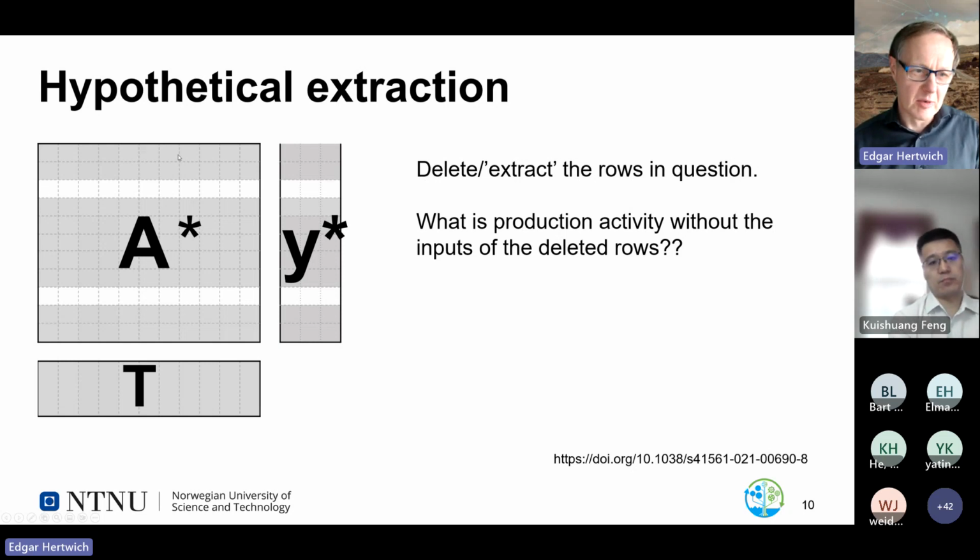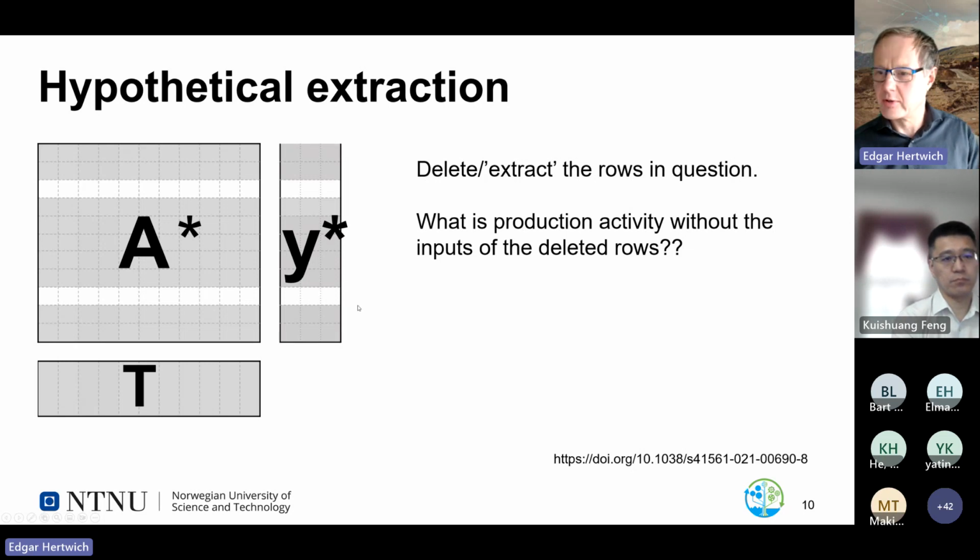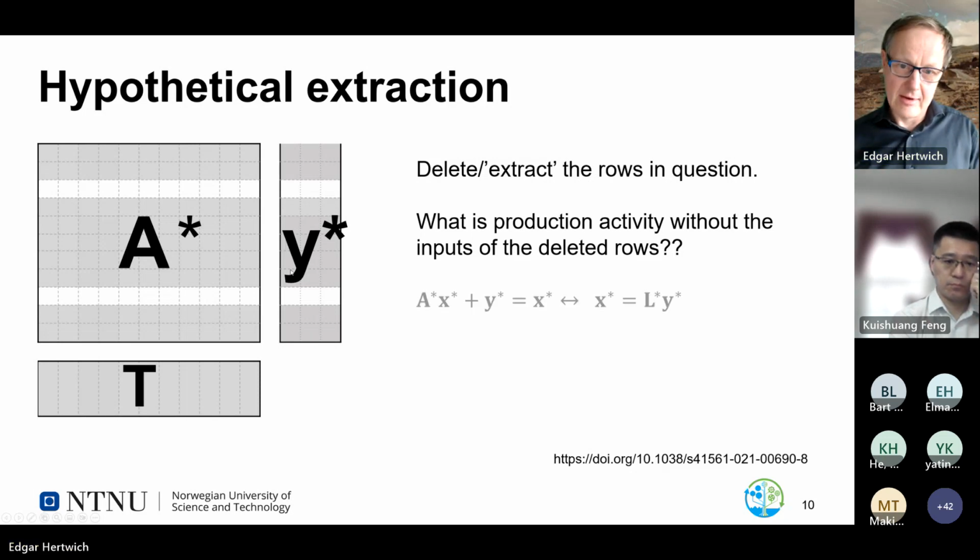And you could also remove the production. That doesn't really make a difference, because if you calculate the production volumes, once you have removed the demand, of course, the production of materials is zero, right? And so the idea is that once you have removed these unwanted elements, you calculate a new x, which will be smaller. And this new x, the production volume, will indicate the amount of production that is necessary for everything